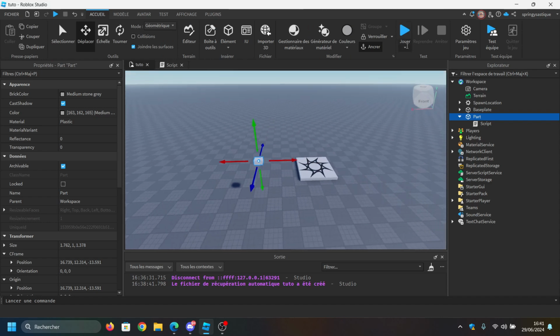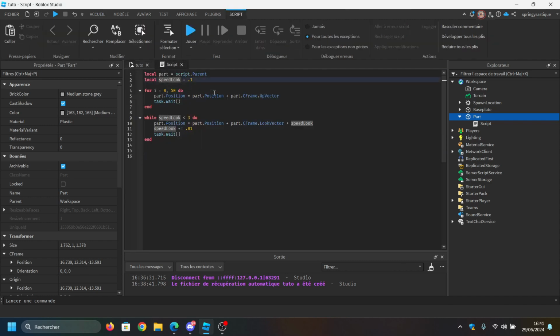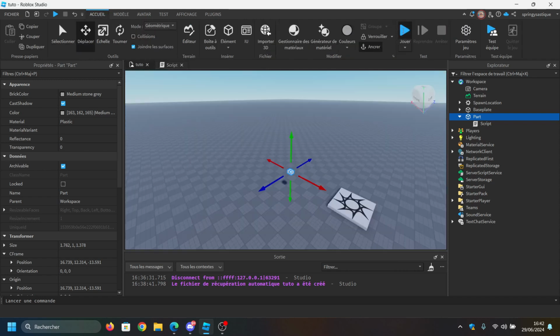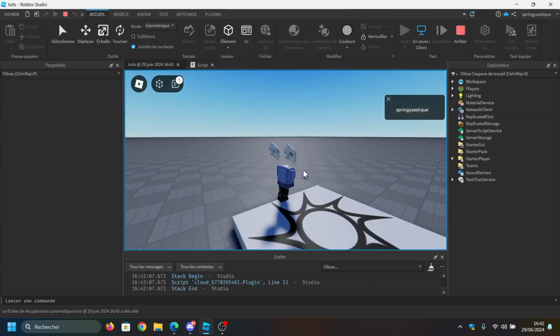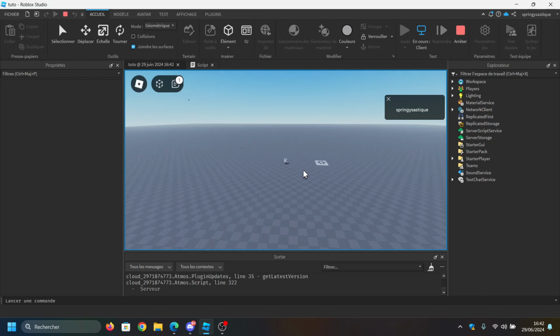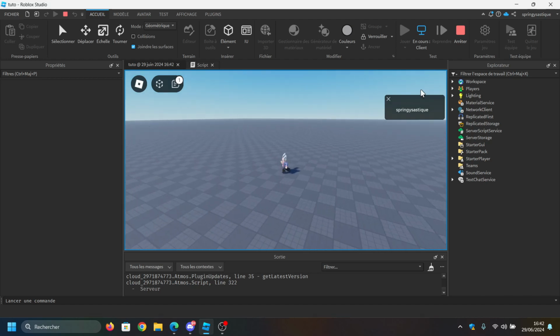So now if we go and play, maybe if we go and play directly, it's gonna be a bit too fast for you to see. So I'm gonna do 0.2 like that. There is a bit of delay, and as you can see, it has been going up, and it got